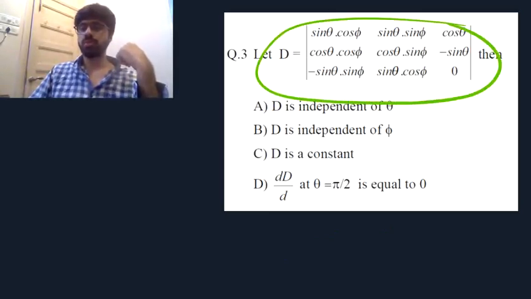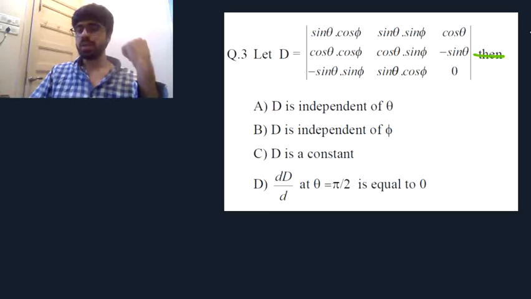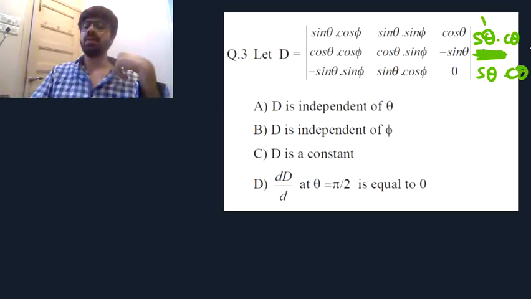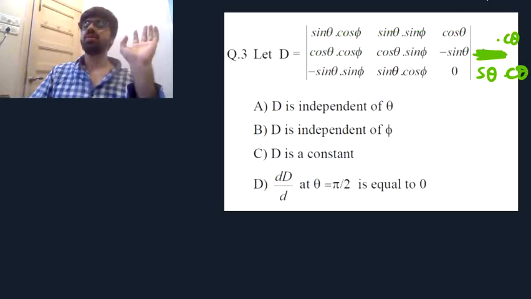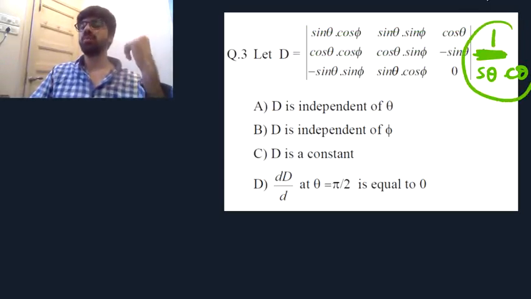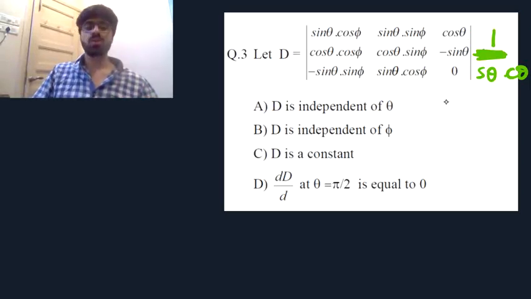So if this is our determinant, we will try to simplify it by, let's say I'm multiplying and dividing that determinant with sine theta into cos theta upon sine theta into cos theta. Okay, take that sine theta and multiply it with elements of the first row. Take this cos theta and multiply it with elements of the second row. Okay, so this sine theta goes inside the determinant and cos theta also goes inside. So you are left with 1 upon sine theta cos theta outside the determinant.